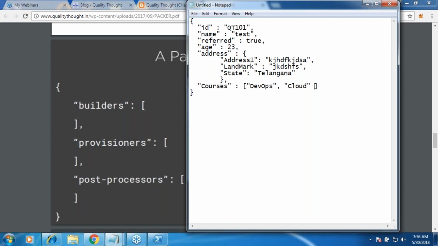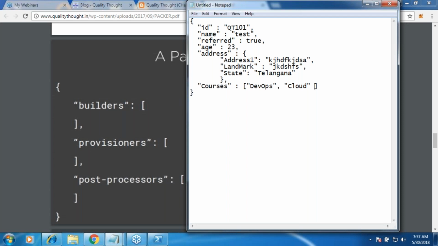Whenever I say multiple in nature, every item in that might be complex. For example, rather than telling address, if I say give me all the addresses which you have, so temporary address, permanent address, or whatever the different addresses are, then I will be using a square bracket, and in that square bracket I'll be using multiple curly braces, because address is a complex type. That's how I would design. We'll be looking at that structure also.